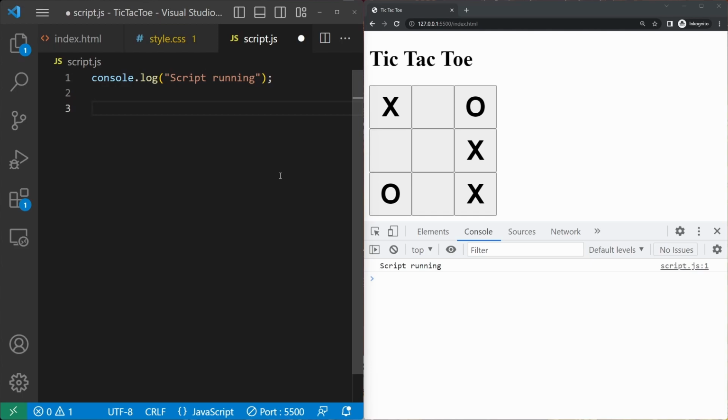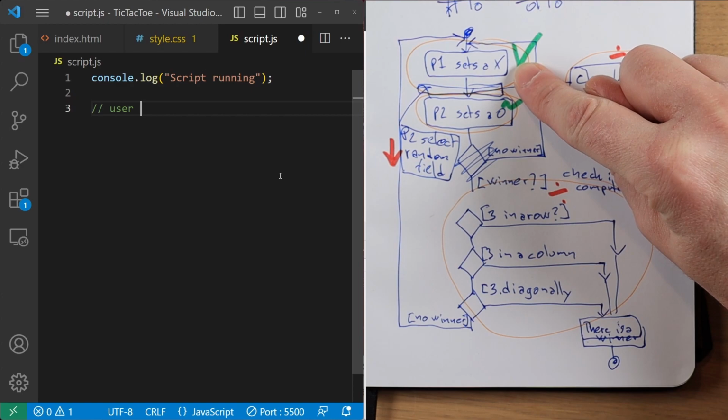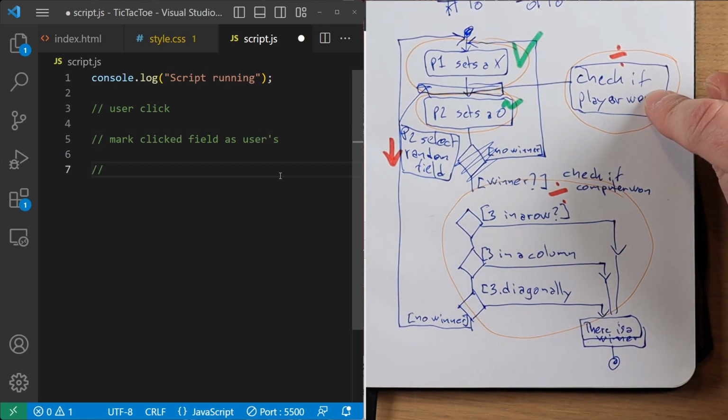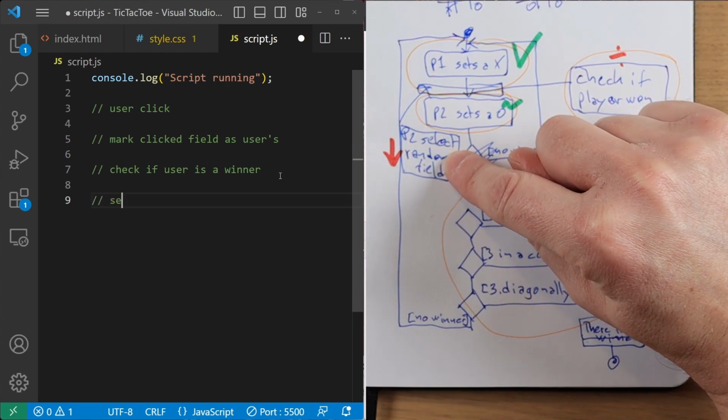So I'm going to take my plan here and say, okay, the first thing is that the user clicks, and then we mark clicked field as belonging to the user, and then we check if user is a winner, and then we select a random field.